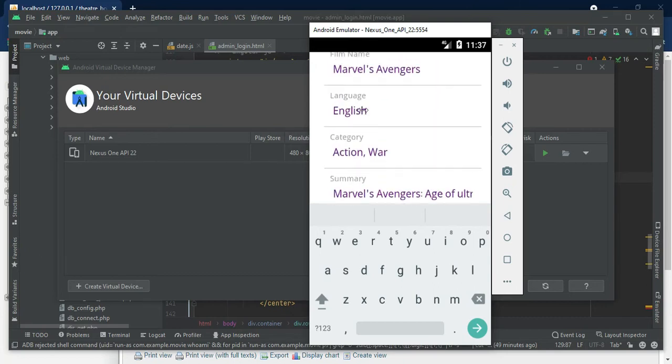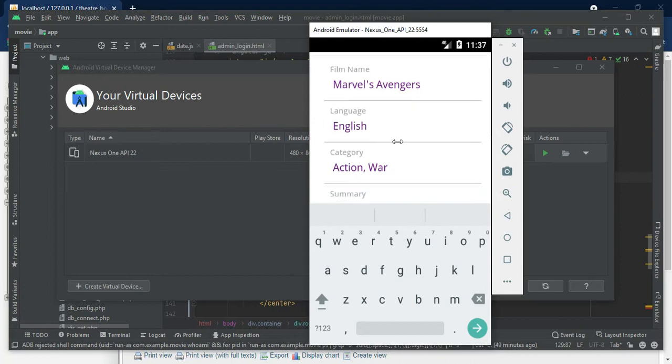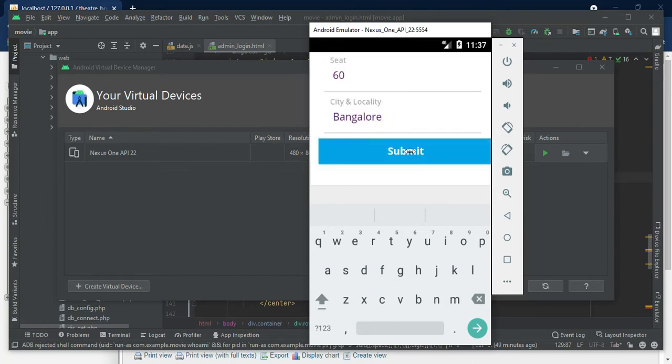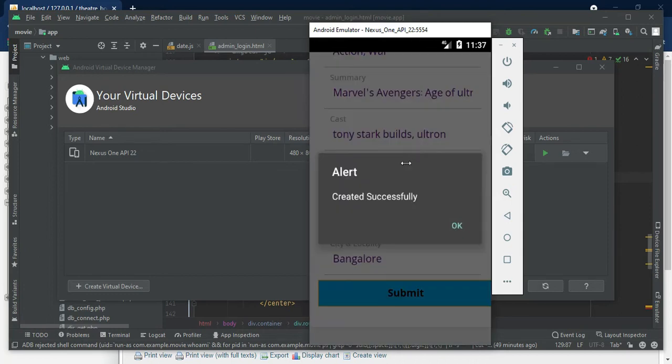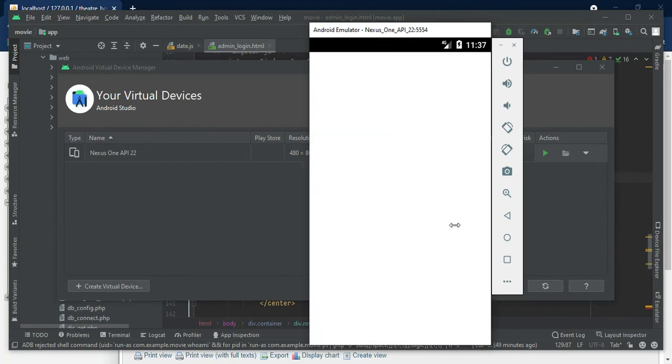Once you enter the basic details of the movie, you have to click on submit. So it is created successfully.